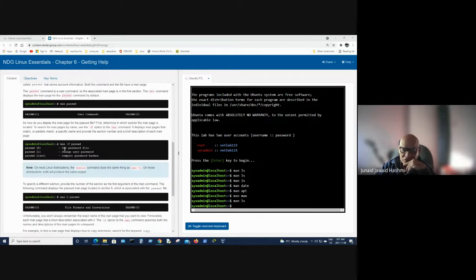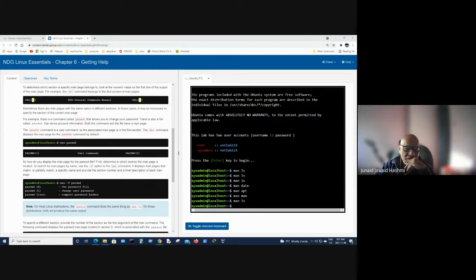Okay, so there are general commands, system calls, library calls, then special files. For now, just think there are different sections of man pages. There's also file formats and conventions,